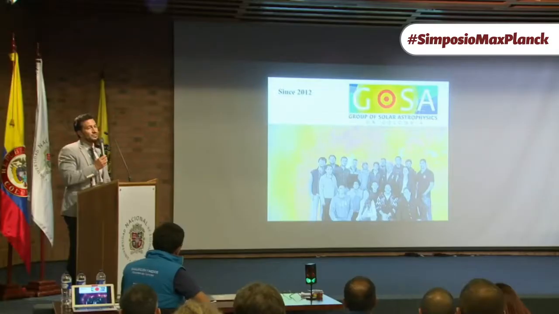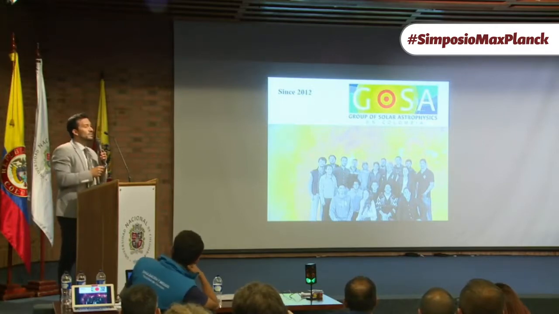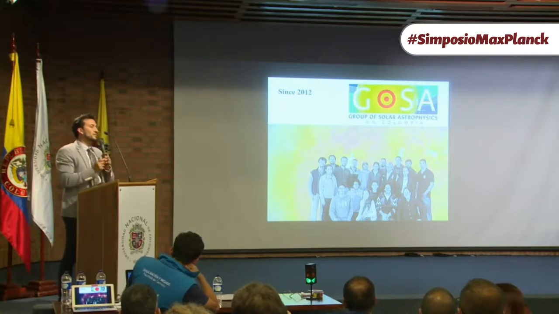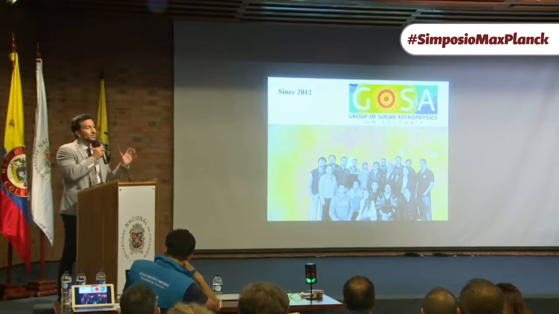Okay, so here is a picture which is not a new one, but some of these guys have already left our observatory and they are doing their PhDs actually in Germany. There are two of them in Max Planck Institutes. So from 2012, we started to develop a branch of solar physics, which is in charge of the magnetic field. So basically, I'm going to talk about how the magnetic field shapes the behavior of the sun.